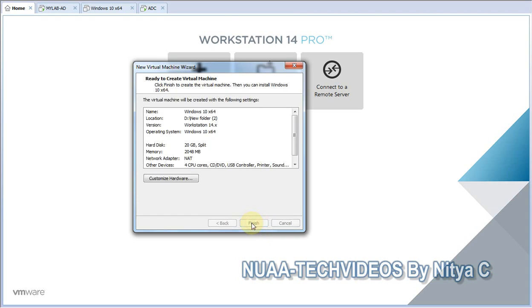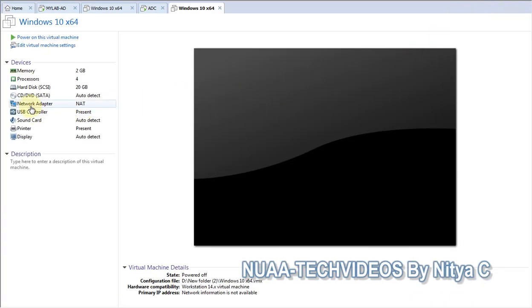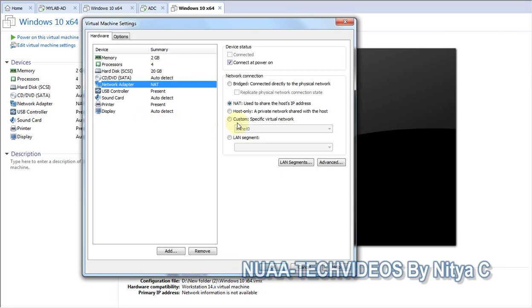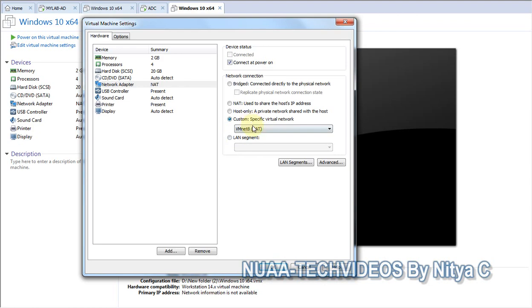Okay, fine, and finish. So the machine is ready. Let me check the network. This is the same network. No, I have another network, my network for domain and related services. So we'll select this.